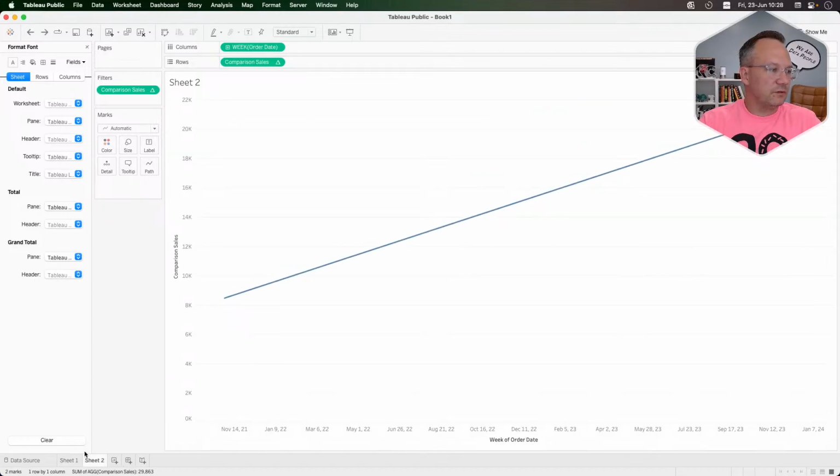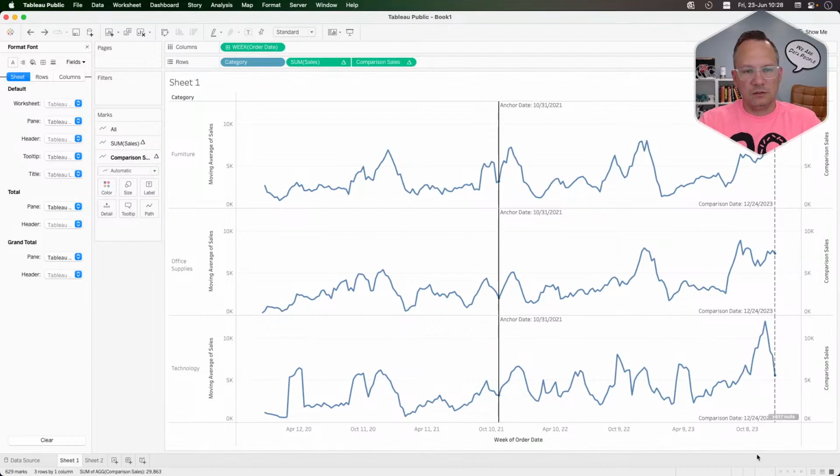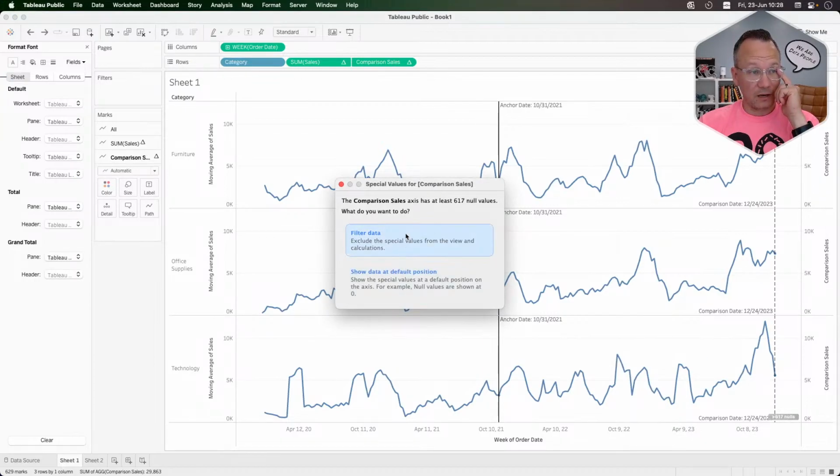All right, so if we go back here, yes, that makes sense. Right now, the reason it's not connecting the 2 points is because it has nulls in between those 2 points. So Tableau can't connect because it's trying to connect a dot to a null, to a null, to a null, and Tableau doesn't know how to do that. So if we go to this guy and we just filter out,